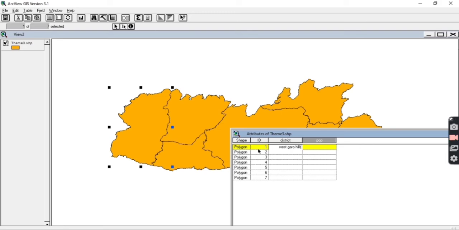Similarly, we will select the next district. So for the selection, again we will have to click next polygon. Now we will add the data. This is the South Garo Hills.